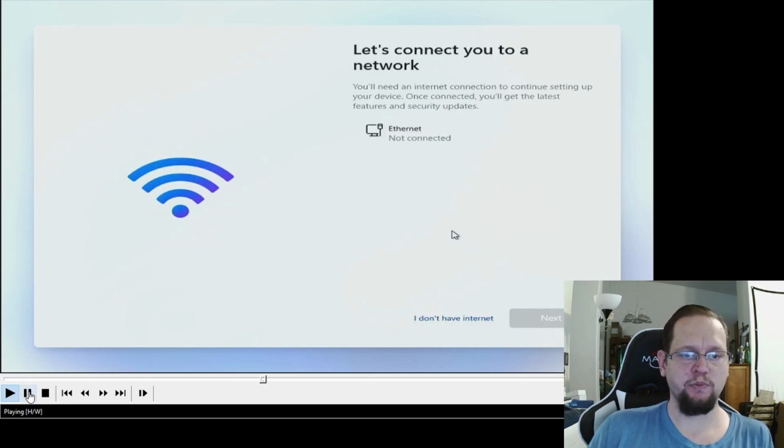Now, here is where we get to the internet. My suggestion is not a requirement, but you can either choose to connect it at this point. In this case, it's a desktop, so it'd be an Ethernet cable to it or a USB adapter, or if you have an installed wireless connection, you can use that as well. If it's a laptop, then it would show the wireless connections in the area, not just Ethernet. My suggestion is to do the I don't have internet option